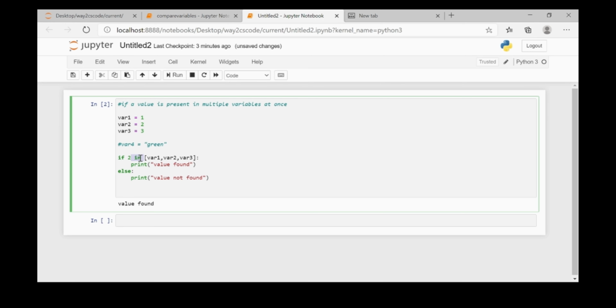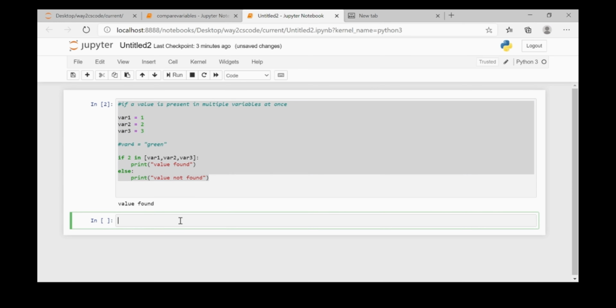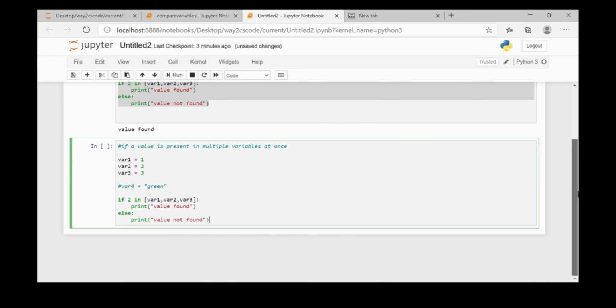Now this is how we write such a program with a list. What if we don't want to go with a list? We want to use a logical operator, and then compare if the value is present in any of our variables. So suppose we write our program like this: if 2 is equal to variable 1, or 2 is equal to variable 2, or 2 is equal to variable 3.